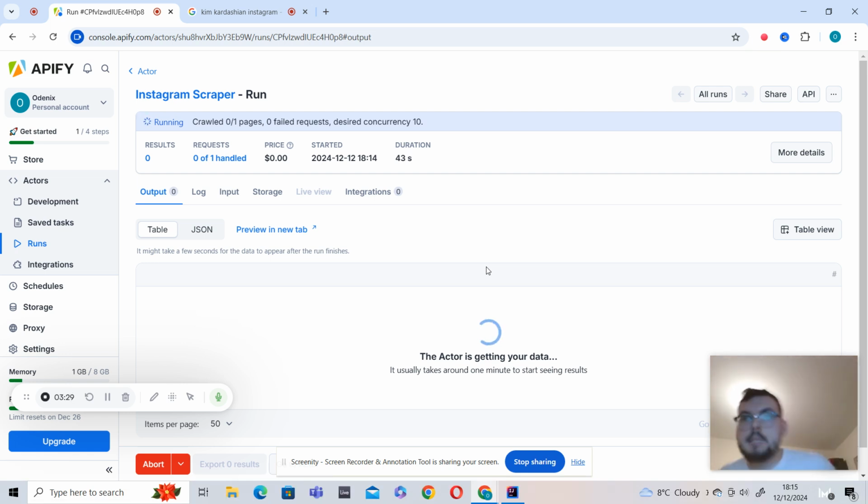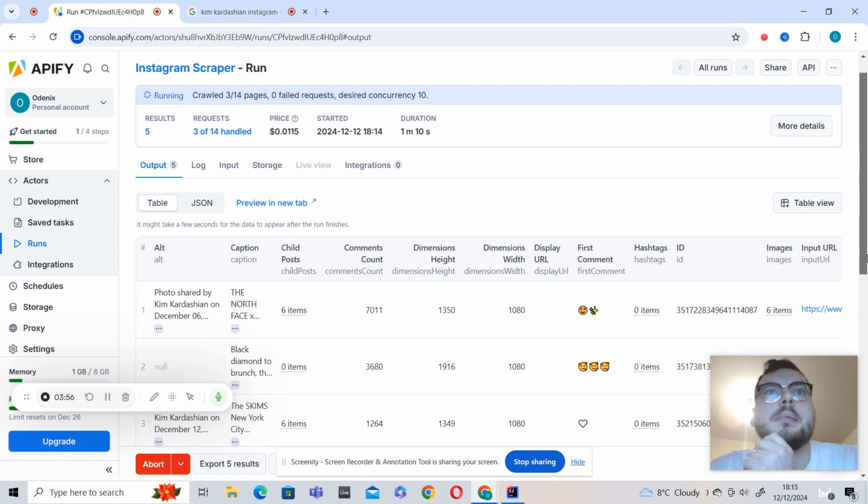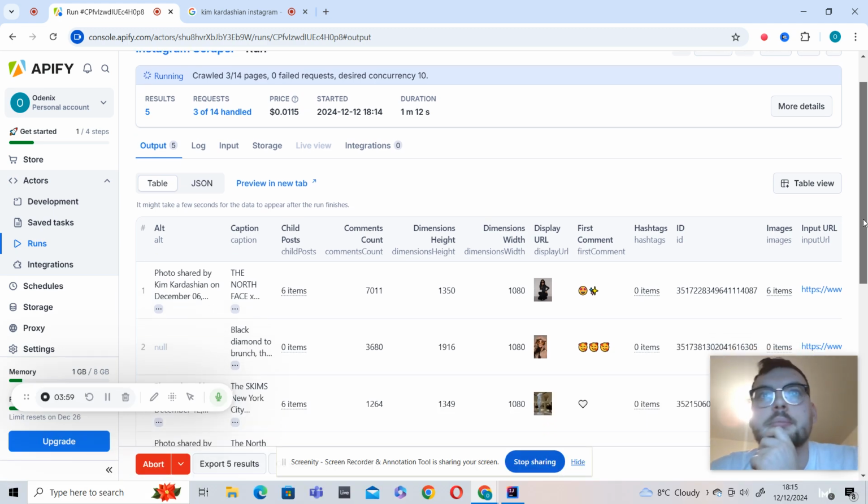Hopefully any second now we'll get a load of posts, the data of various posts scraped. Don't know exactly what information it will give us, other than the post and the caption and stuff like that. It might give us a little bit more than that. Come on. Here we are.